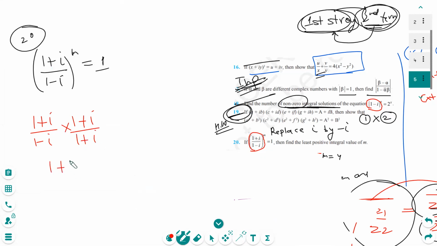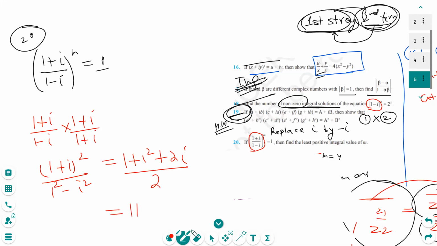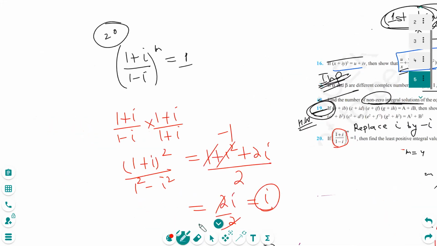What will I get? I will get 1 plus iota square, a minus b, a plus b is a square minus b square, so 1 minus b square plus 2ab. This iota square is -1, this will be 2, so 1 plus -1, these two will cancel out. I hope you are getting it. Minus 1, 1. So 2 iota by 2, that is iota. So my standard form is iota. So now I can do it very easily. This is the easiest question in this exercise. This is actually nothing but iota.